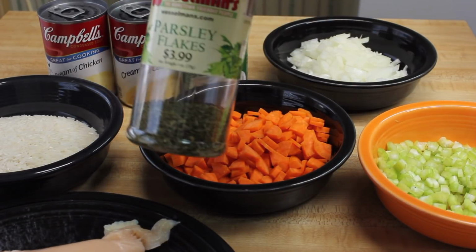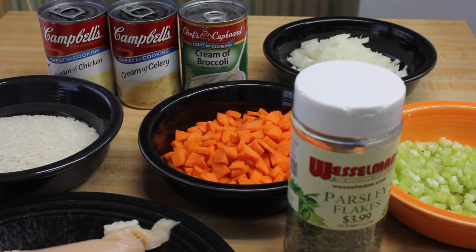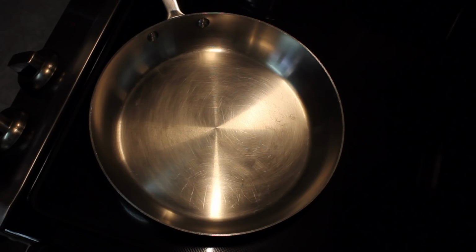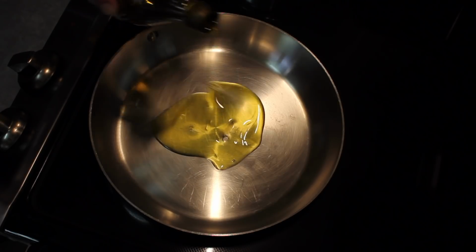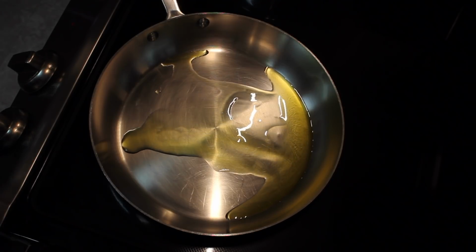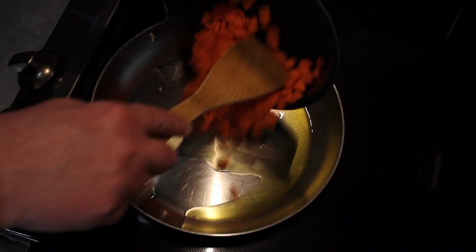Use a little bit of parsley flakes, and I'm going to use some Italian seasoning, and let's get started. Let's start off with a hot pan and some olive oil. It's not real hot, but we'll add our carrots,